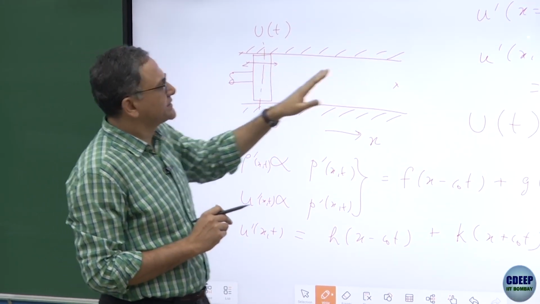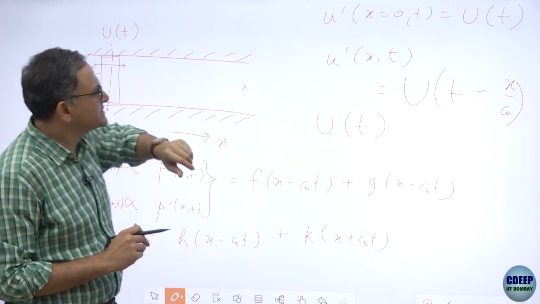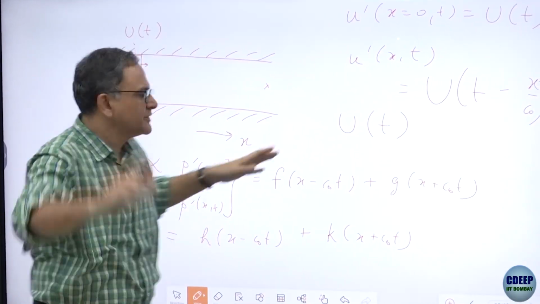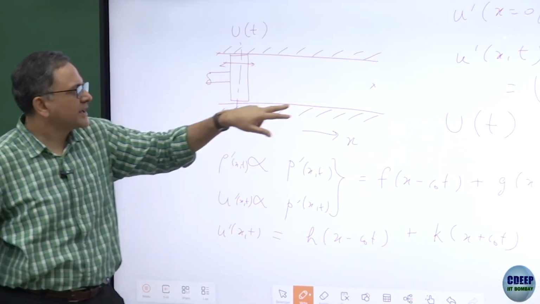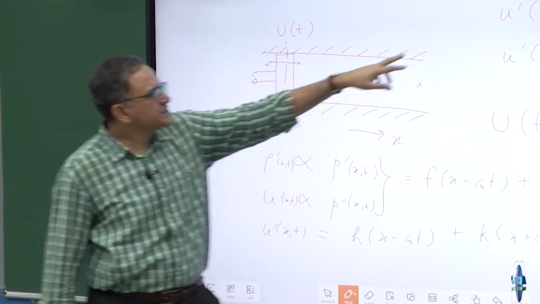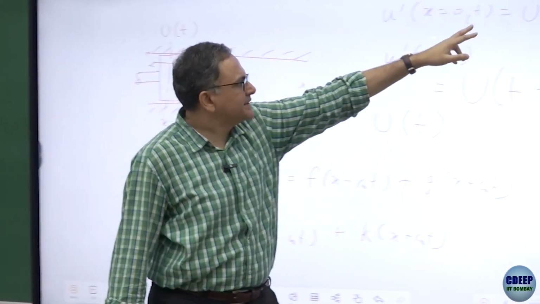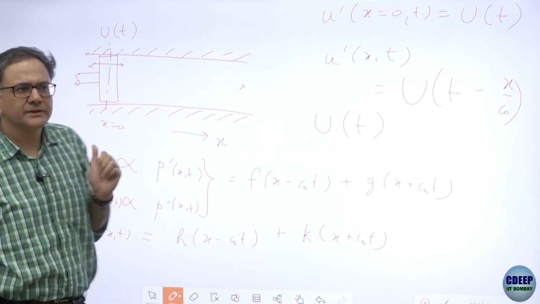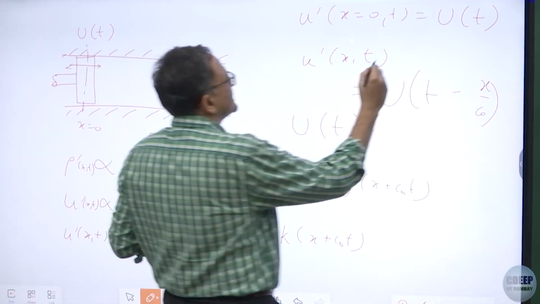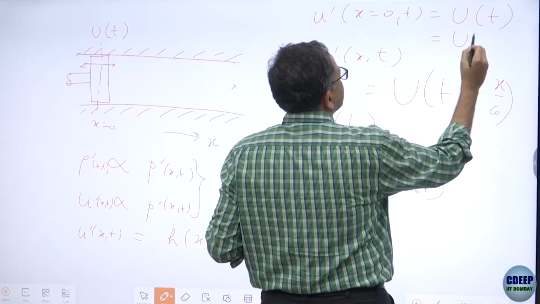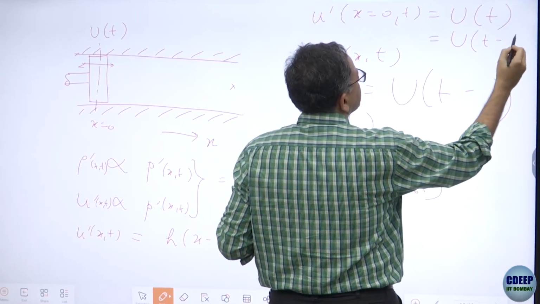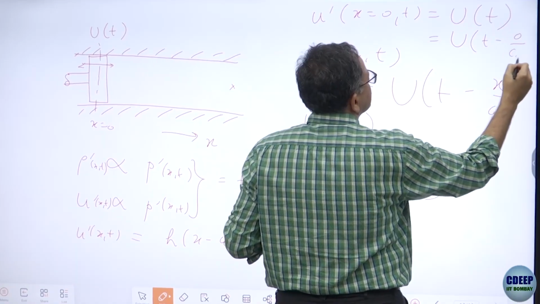You do that little cheating in a sense, and it is okay in the bigger picture of trying to understand what is happening at a faraway point. So the particle velocity at x equal to 0, at any time t, is given by the piston velocity. If that is the case, I am going to write this stylistically as t minus 0 by c naught,